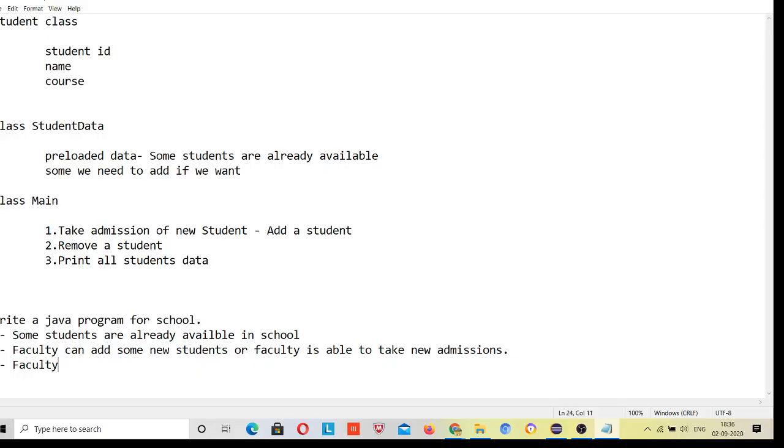Faculty is able to view all students. Faculty should be able to fire, remove students from the course or class or school, whatever.